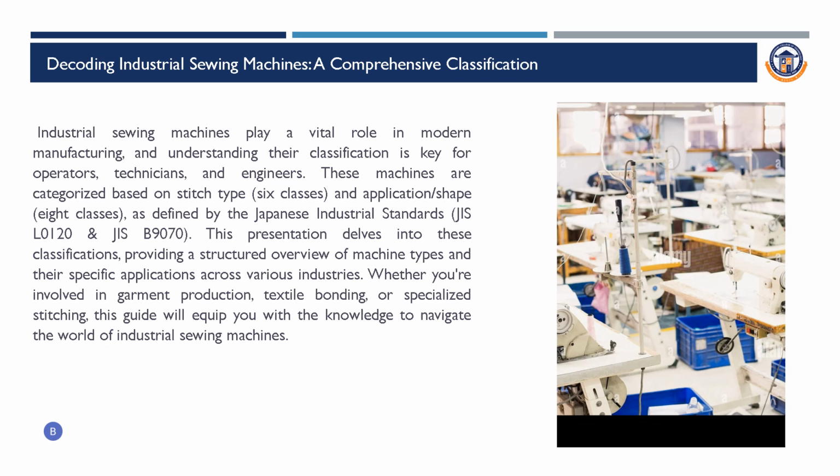Industrial sewing machines play a vital role in modern manufacturing, and understanding their classification is key for operators, technicians and engineers. These machines are categorized based on stitch types of 6 classes and application and shape of 8 classes. As defined by the Japanese Industrial Standard, it has detailed classifications. This presentation delves into these classifications, providing a structured overview of machine types and their specific applications across various